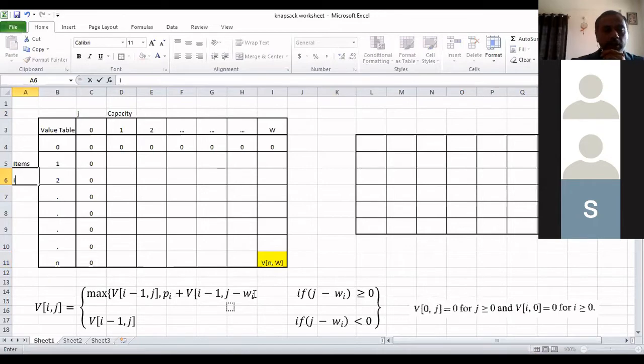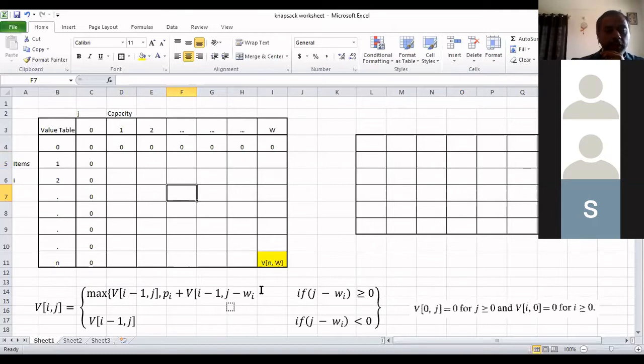Now in this, what we need to do is fill the slots. Suppose you can see here, what is this cell value? It is V of 1 comma 1. We need to fill this V of 1 comma 1. So V of 1 is I equal to 1, and comma 1 is J equal to 1. So when I and J are 1, how can we fill this value? Similarly, if we want to fill V of 3 comma 3 or V of 2 comma 3, we use this equation.